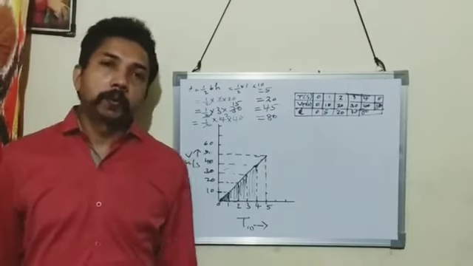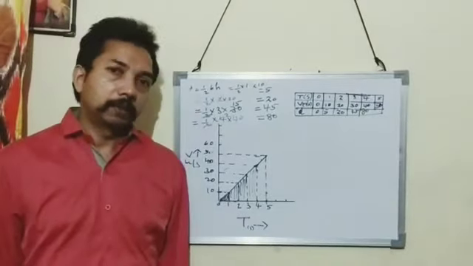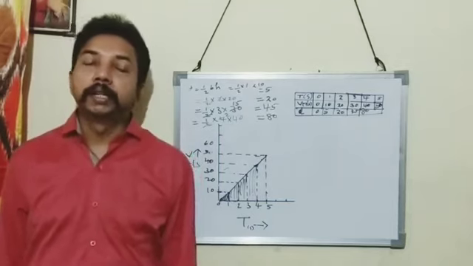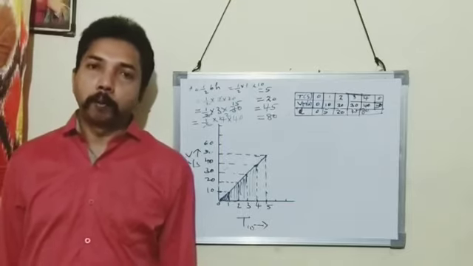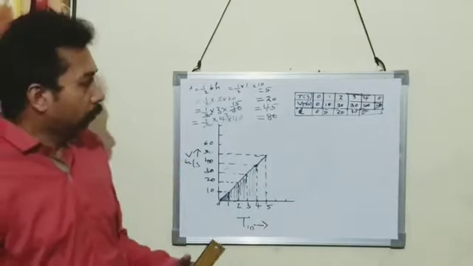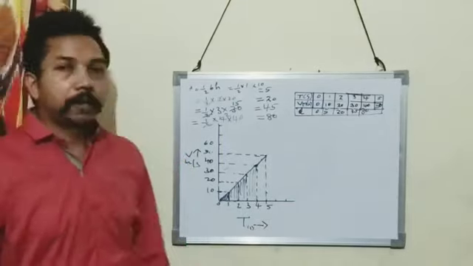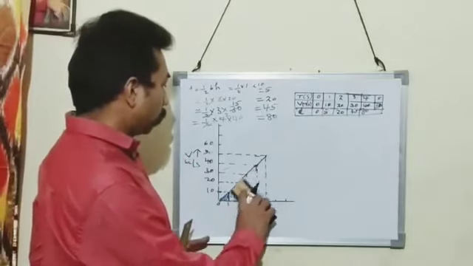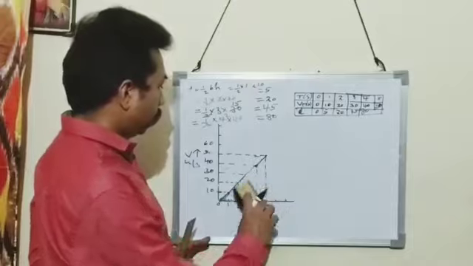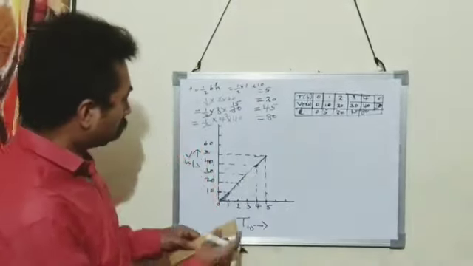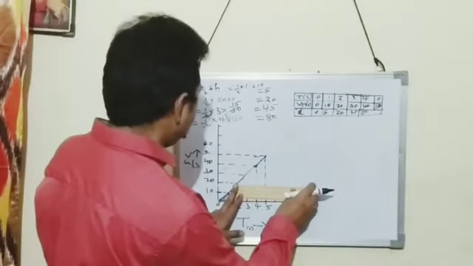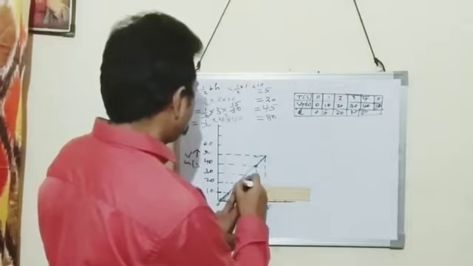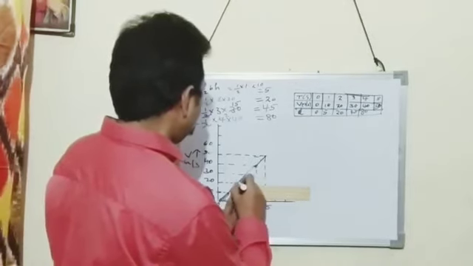Now we will see how to find the acceleration from velocity time graph. We find the acceleration from velocity time graph by finding the slope of the graph. See, suppose that you have to find the acceleration in the time interval 2 and 4. So between 2 and 4, you have to draw a right angle triangle.